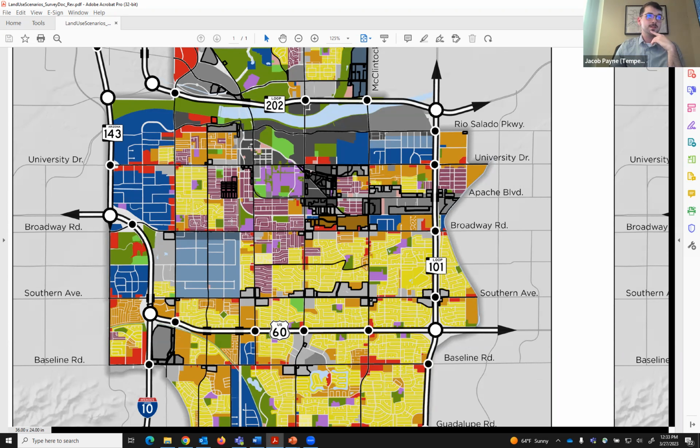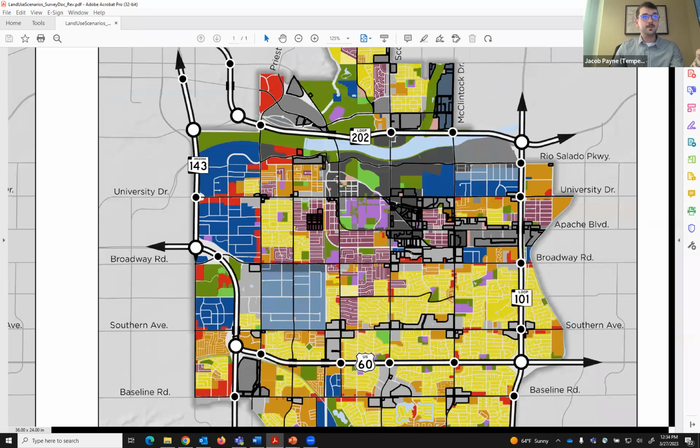So focusing on the changes up here in North Tempe, scenario 2 introduces some of the mixed use designations here along Southern, and increases the densities along the light rail corridor. You can see a lot of this is designated as the lightest gray, which is the mixed use up to 45, and some of the changes to this medium gray, which is the mixed use up to 65 dwelling units per acre. And in some places, the increase of the urban core mixed use density.